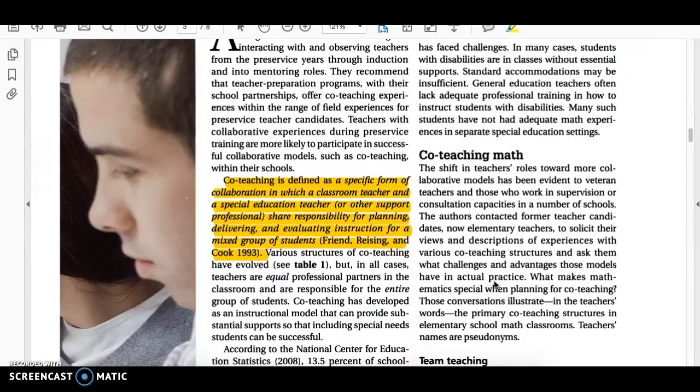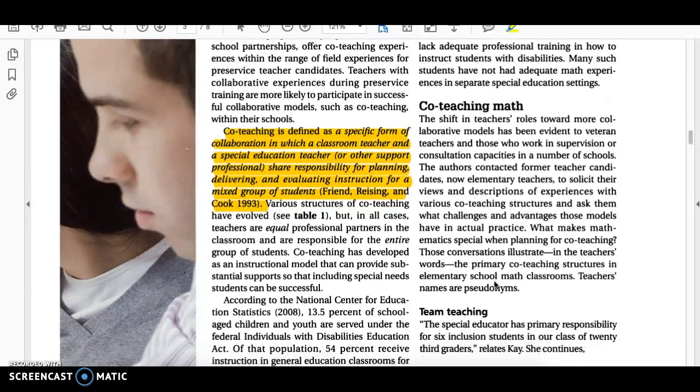And what we need to understand first off is a definition of co-teaching. The article defines that as a specific form of collaboration in which a classroom teacher and a special education teacher or other support professional share responsibilities for planning, delivering, and evaluating instruction for a mixed group of students. So with that definition in mind,